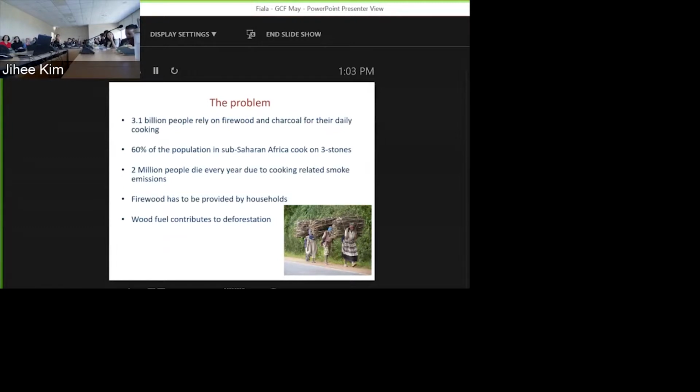Obviously, transporting firewood is quite onerous for a lot of people. The households generally either buy it or more generally go out and cut down forests to get it, and so there's a big concern about deforestation related to it. There's also huge concerns about health. For a lot of these households, the women do the cooking inside, and so there's huge amounts of smoke resulting from that, and you actually see a lot of deaths attributable to that kind of smoke.